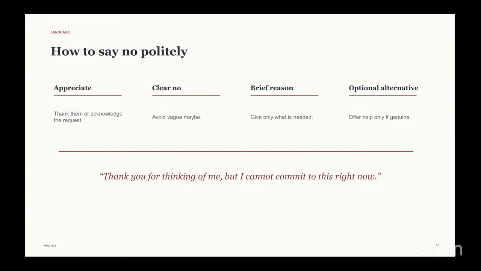One thing we do is that we don't want to say no, and so we say maybe I will be able to do it, or we give vague answers. And the right thing to do is to give a clear no, because giving a maybe answer is also misleading the other party. And so you want to give a clear no and avoid any vague maybes. Third is if there's a reason needed, you can give a reason, but you don't need to over explain yourself because it's your right to say no.